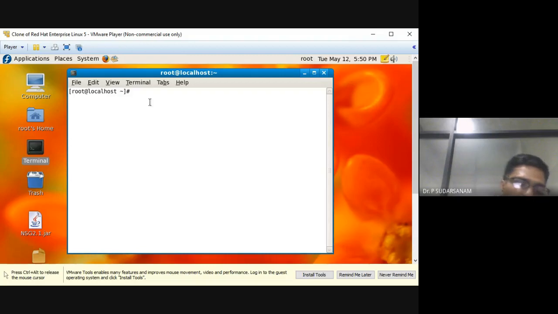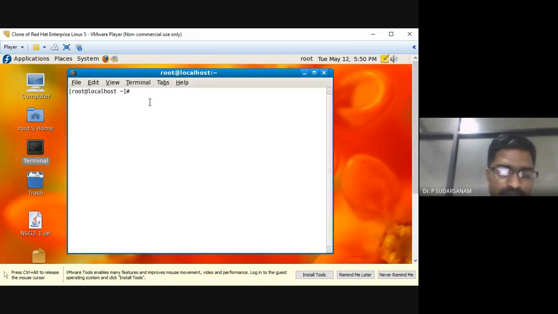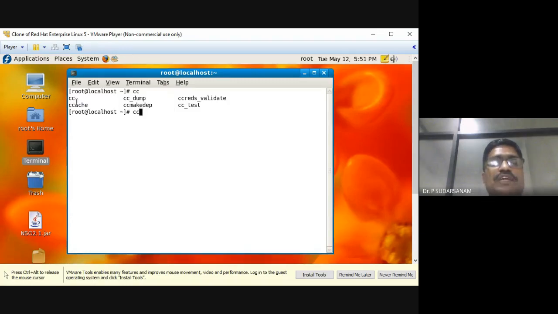So I want to find out whether my software is available or not to execute my program. For example, just type cc and press double tab. It will show what all the commands are available. So now you can see cc is available. Similarly you can see gcc also.